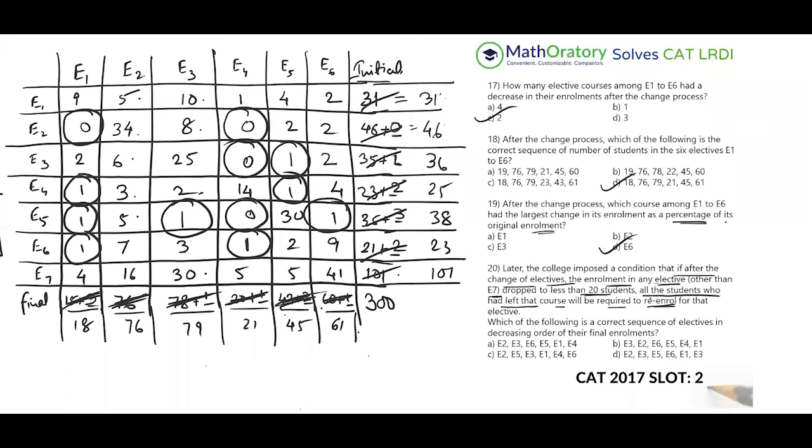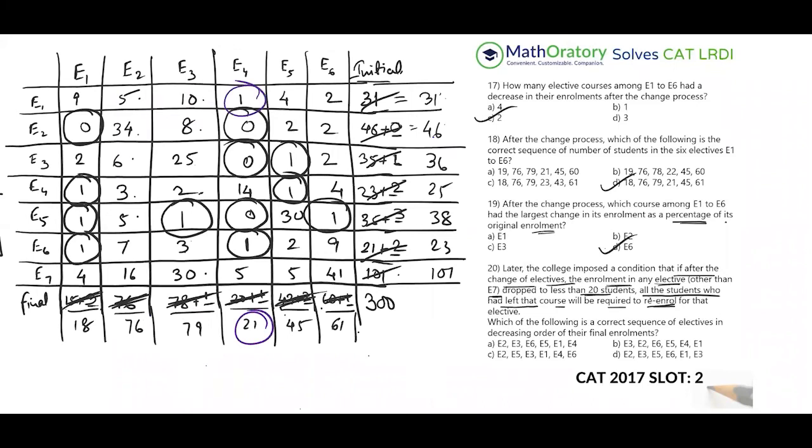So I'll just explain to you a bit of analysis, and then I'll come to this. How are these numbers going to change once you get back the people to E1? So this 5 is going to come back to E1, the 10, the 1, the 4, the 2, everything, each of these students are going to come back to E1, right? So this total of numbers is going to be added to this 18, right? But what about the other electives? If you think about E2, for example, this 76 is going to reduce by this 5, right? The 79 is going to reduce by this 10. The 21 is going to be reduced by 1.